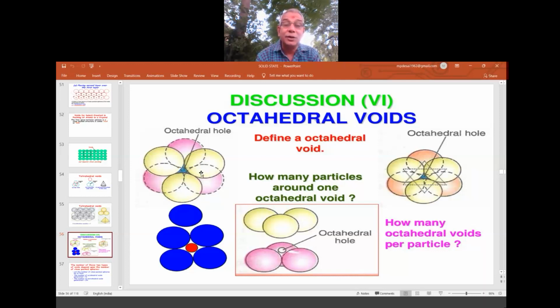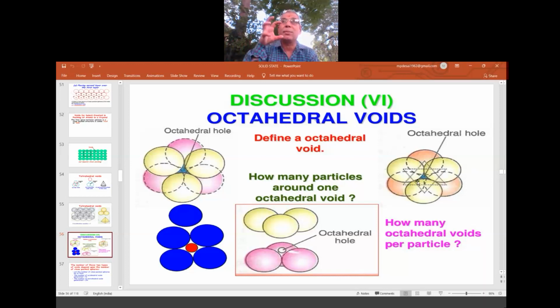But when you fix, what? The three spheres on the bottom, you can see some portion is covered. Void size is becoming less now, like that. So in this way you can visualize by drawing the lines. It looks like a tetrahedral. Okay, so by drawing the lines, it looks like an octahedral. Therefore, because it looks like octahedral, that's why the voids are called octahedral voids.